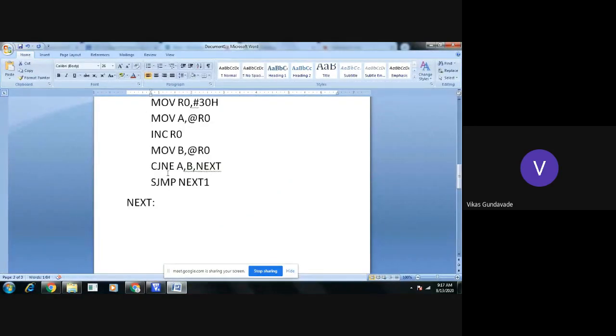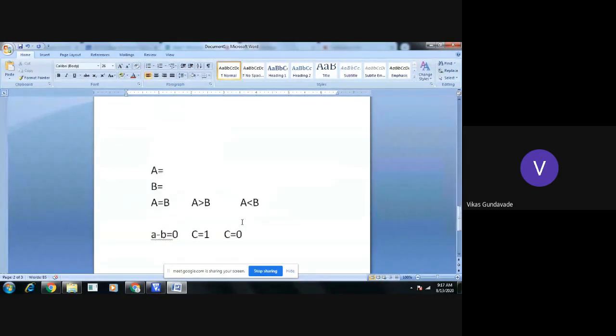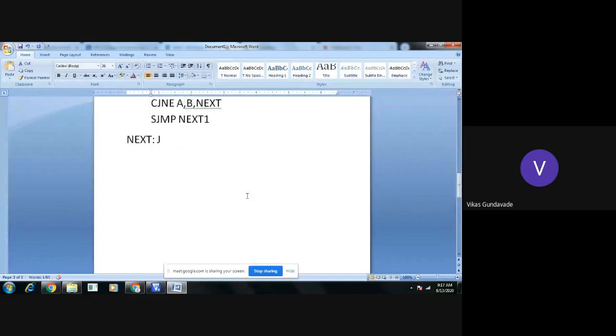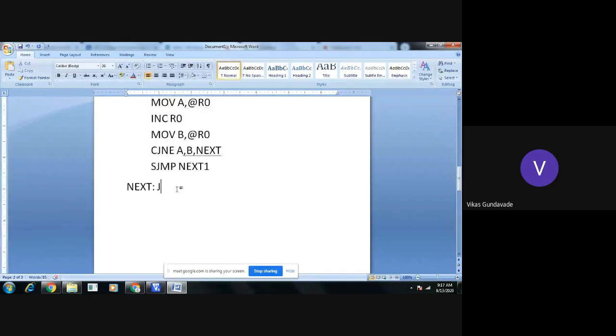So here, if we are not making any changes to the accumulator, and it will remain as it is, then we need to only jump, or skip the instructions which are used for modification. Keep in mind, if A is greater than B, carry is equal to 0. So here we need to check if carry is generated or not. If carry is not generated, what do we need to do? We need to shift to the labeled location, next one.